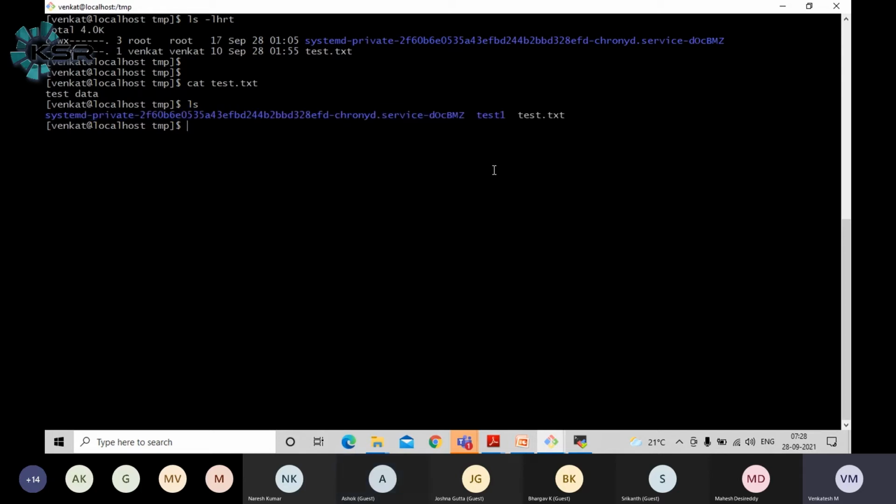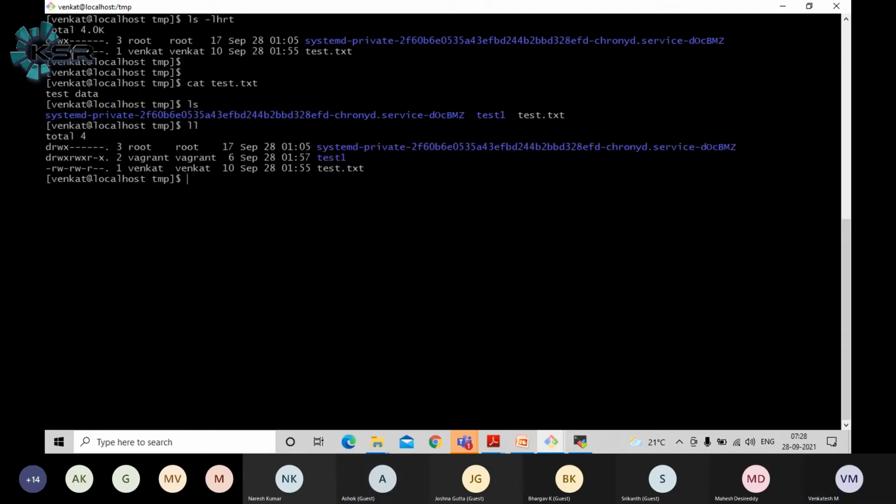But you won't be able to see the permission and size of the file. To do that part, just the same operation only, guys. When you fire up ll, it will give more details about a particular file or folder. As you can see here, I have created a text file with the Venkat user.